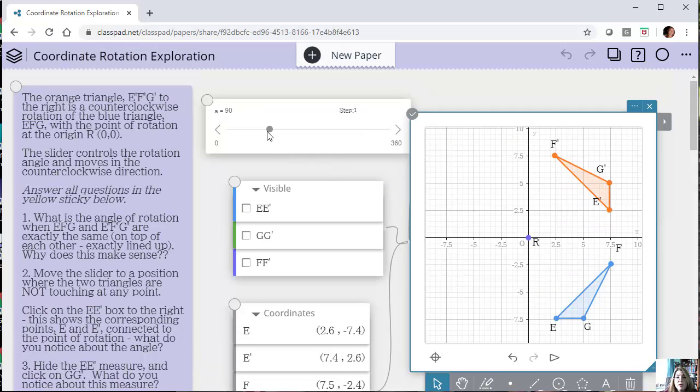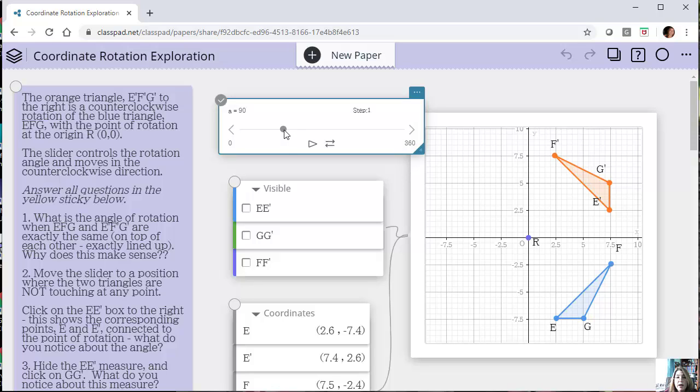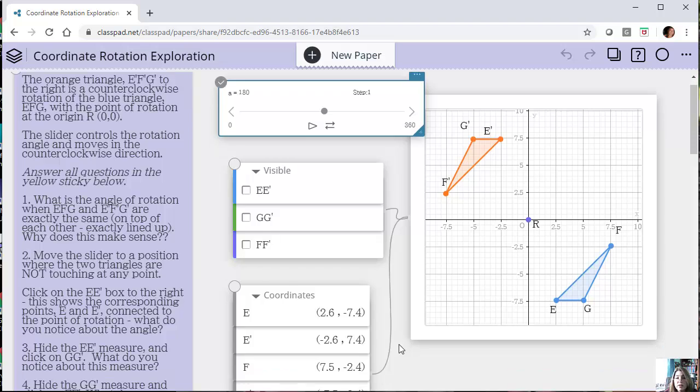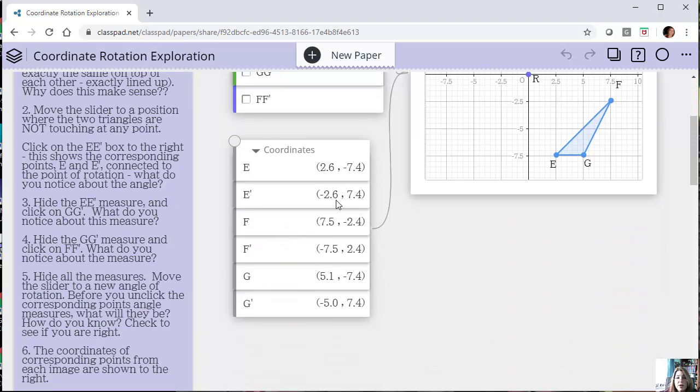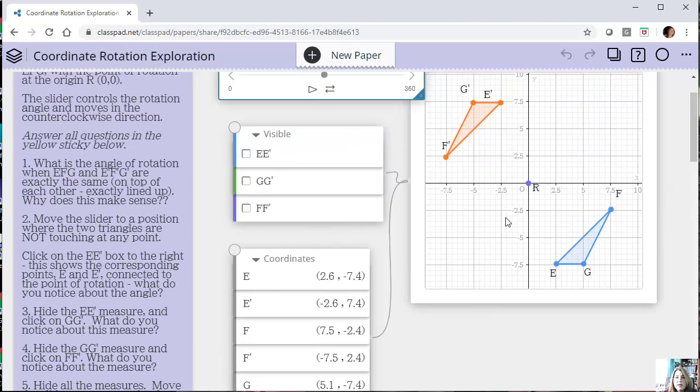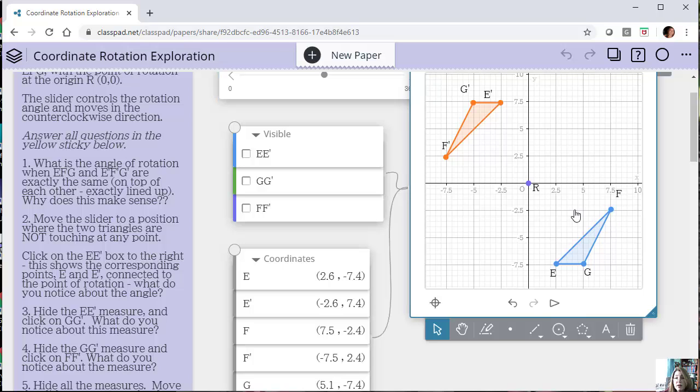If you have specific angles, like what happens if I go 180 degrees, which would be completely opposite, I would anticipate that the coordinates would completely switch. Let's see if that's true. And they switch to their inverses, right? So that's an expected outcome. These are interesting things they can discover very quickly and easily. They can move those sliders, they can move the original shape, and that will impact the rotated image, and they can play around with angles and all those types of things.